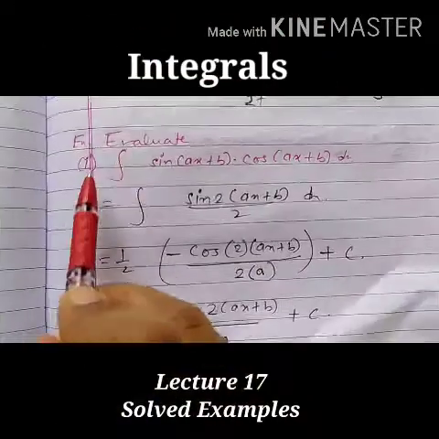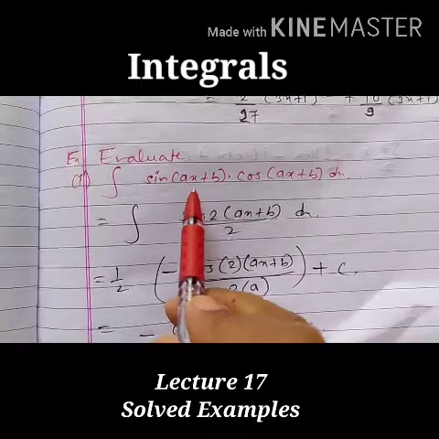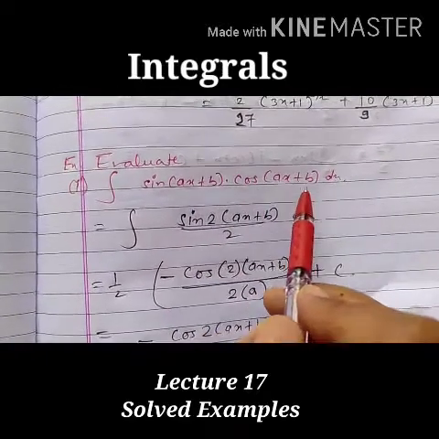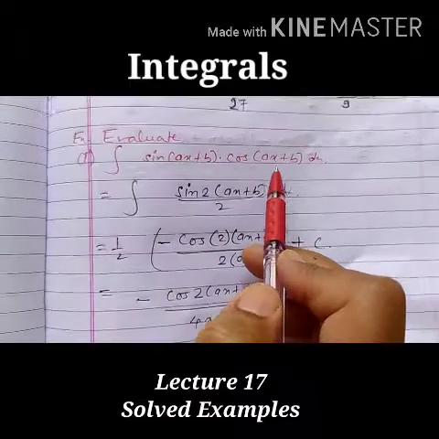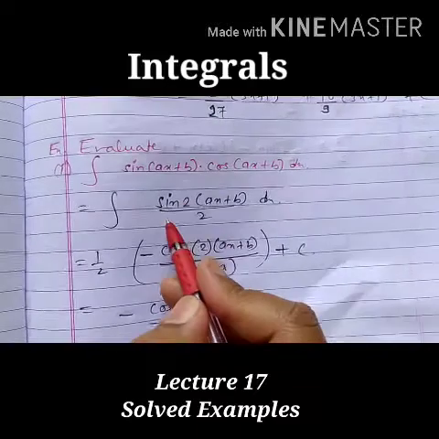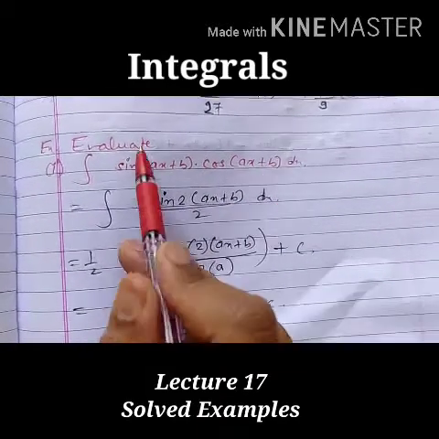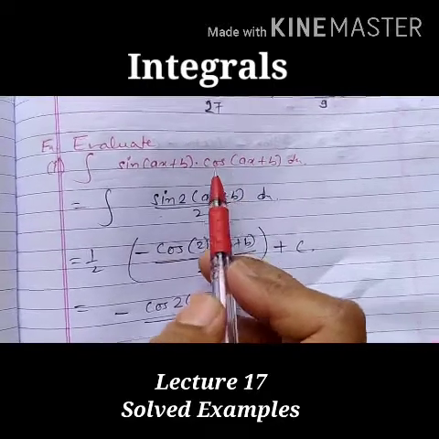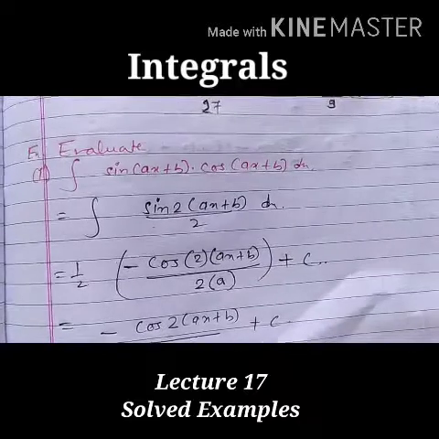Understood? Now we'll see the next example. Evaluate first one, integration of sine of ax plus b into cos of ax plus b dx. Here the angle for sine and cos is same, so we can use one formula here, that double angle formula, that is sine 2 theta is 2 sine theta into cos theta, but here only sine theta and cos theta is given, means sine theta into cos theta is given, so it can be written as